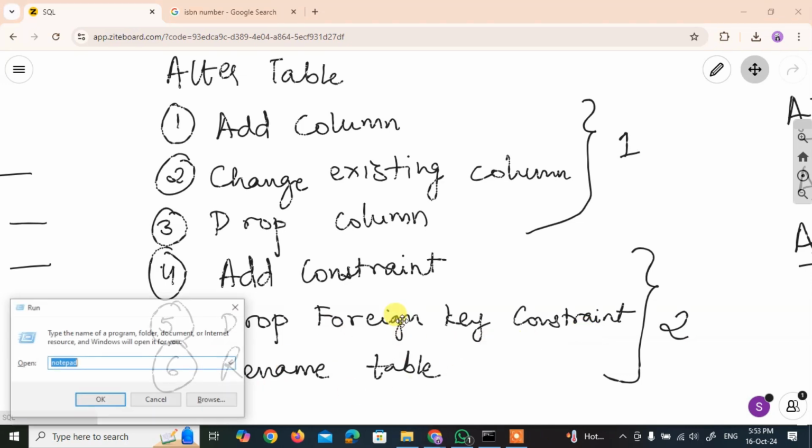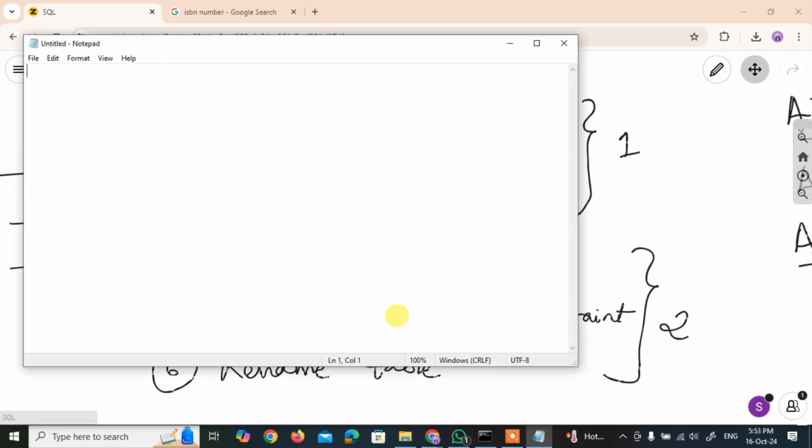So let's get started. First, before we add a constraint, we are going to create a basic table, which is going to be a course table. So let's say create table course. The reason I'm going to do this is I want to connect this course table to our student table, and we are going to add a column and a constraint to that too. Okay, so let's get started.